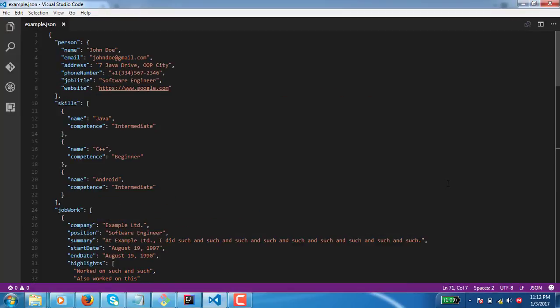Yeah, so this is a demo of the JSON resume generator that I made, which I call JResume. Basically, it takes in a JSON file as input. JSON stands for JavaScript Object Notation. And the reason why you'd want to use this instead of, say, Word is because